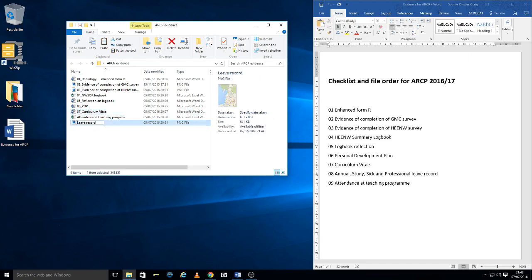Next is the leave record, which is going to be 08. We've slightly redesigned the leave forms this year, and we're going to include professional leave and time in lieu, and you should get a copy of that shortly. And then finally, attendance at the teaching programme, and again this comes in various formats, sometimes Excel, sometimes a scanned document. As long as it's validated and it's relevant to the correct year, then there's not going to be a problem with that. And so you can see what we've got now is all the evidence lined up 01 to 09,